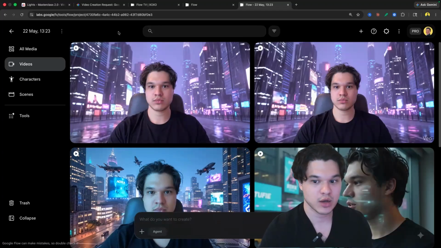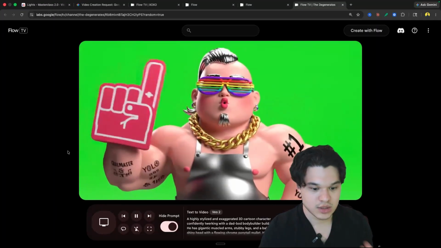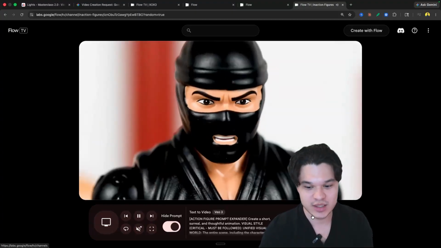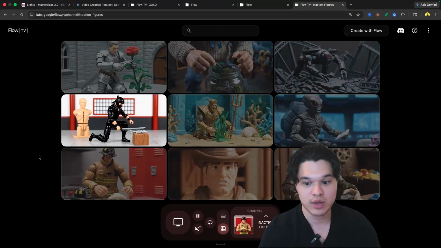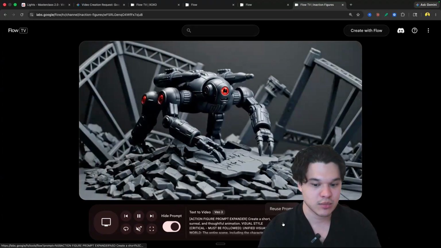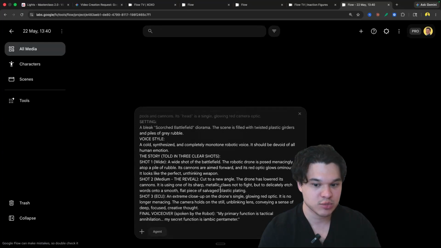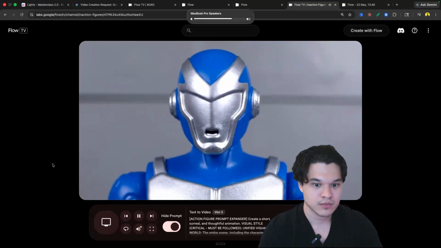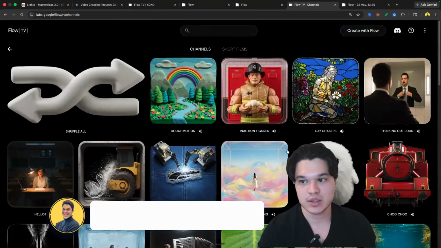Now, if you do have writer's block or creativity block, Google has something called Google Flow TV. All right. This is actually very cool. And essentially, you can just watch a bunch of different channels, is what they consider it. If we go grid view, you can search pretty much anything. When you like something, I can just click on it and it gives you the full prompt. And then I can actually just reuse this prompt. And then we can create and start using this prompt. You can add sound. This command center desperately needs an accent wall. But nonetheless, they have a ton of inspiration here of all different kinds of things to help you kind of